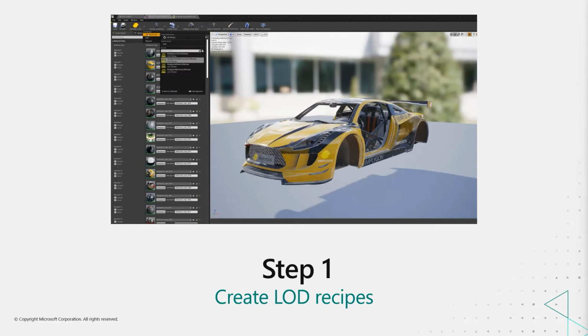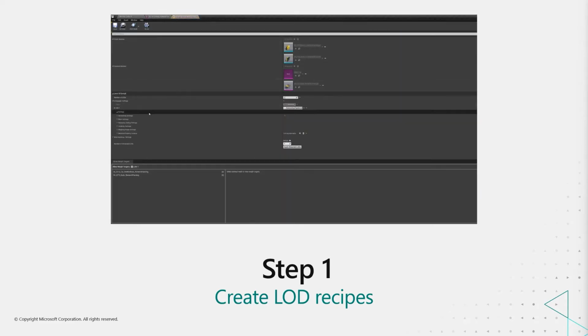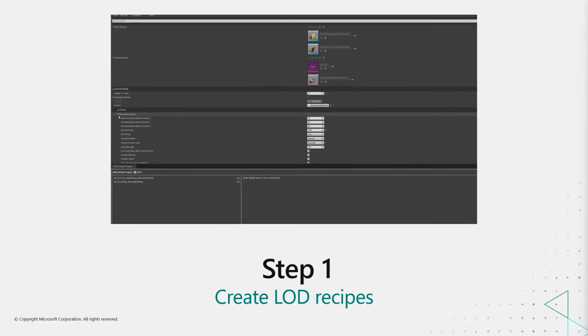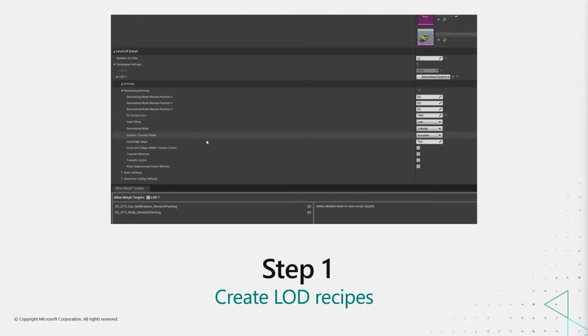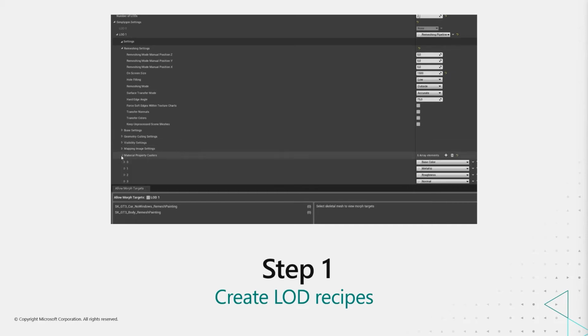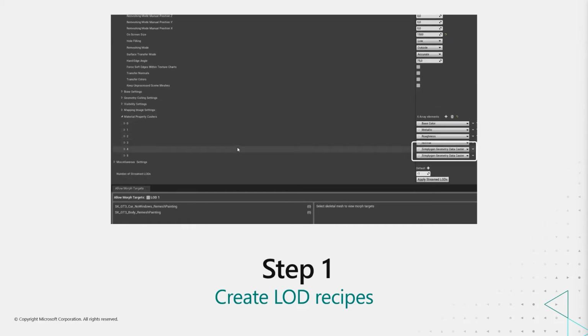In Unreal, you can do this using our LOD recipe method, but it's basically a set of settings in Simplygon. When we do remeshing, we're using on-screen size. It basically means that we're creating an optimization for a certain screen size. The other thing we're going to do here is add 2 geometry data casters. These are basically transferring material information or geometry information from the original to the optimized object.